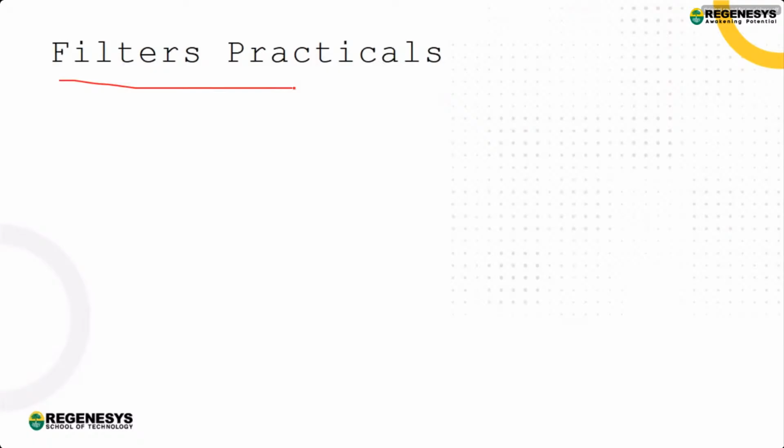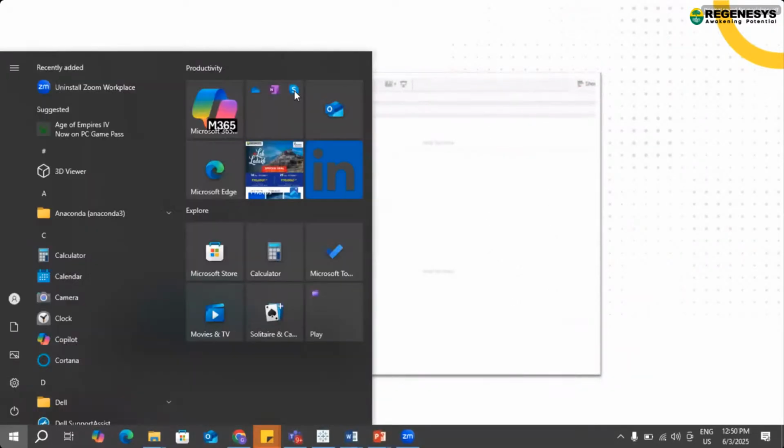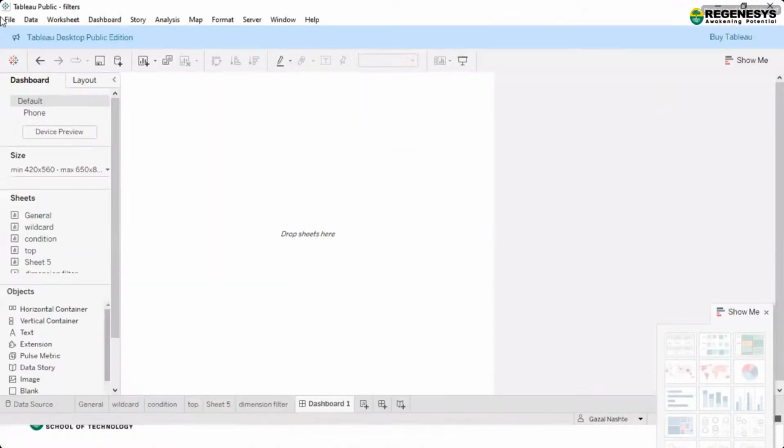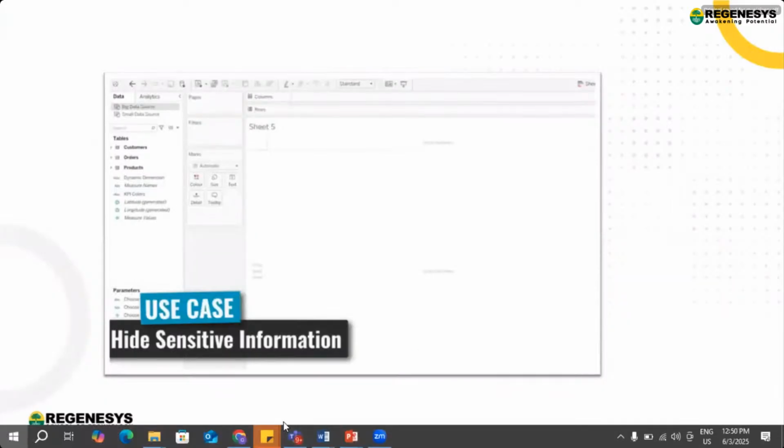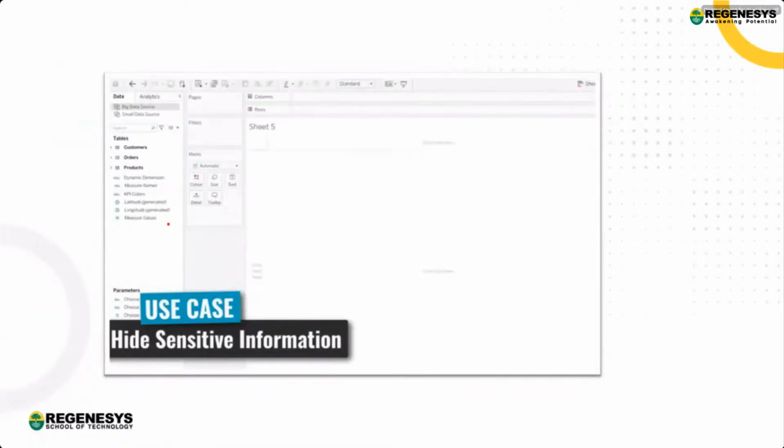As you know, till this point we have already completed, and I have just given you a quick overview. Now going ahead, I just want to take you to the filter. So everyone, could you please start your Tableau? Everyone start Tableau, and you can start it from the run. Once it gets started, you have to connect it with your data set.